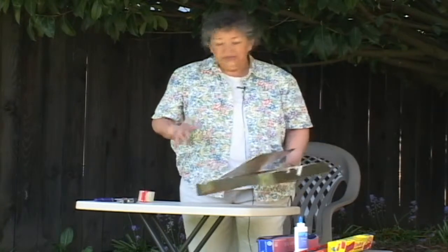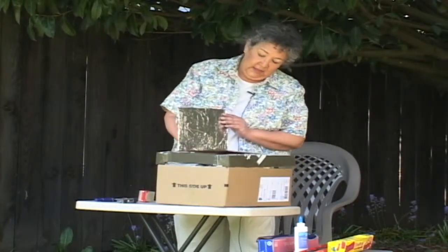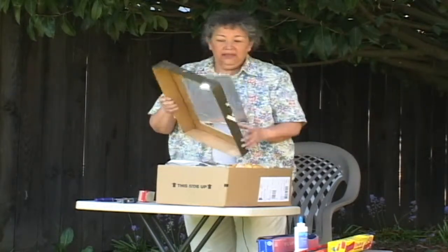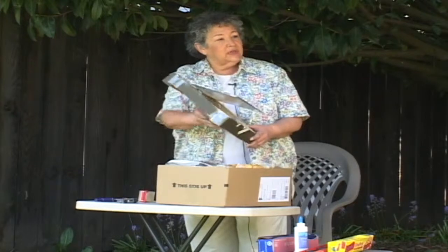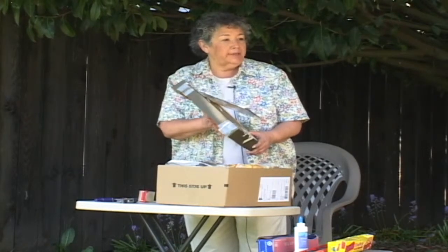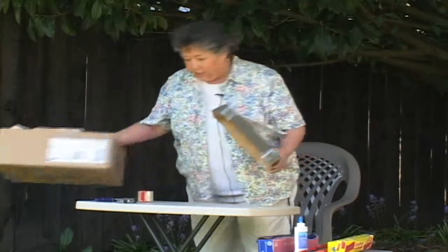Now, the last piece of the solar oven is to make sure that the heat gets trapped in to the box. So we need to have something covering this hole. Some people, what they do is they'll put a piece of glass there, which is very good because that's a nice solid piece that will keep the heat in. If you don't have an extra piece of glass,